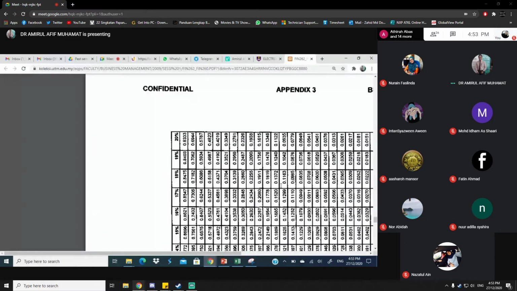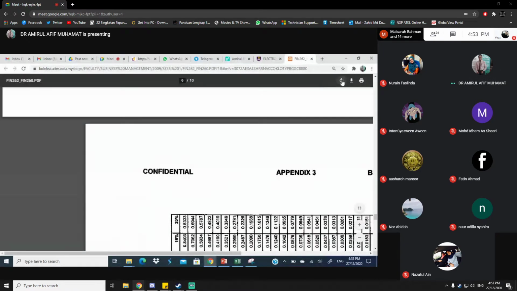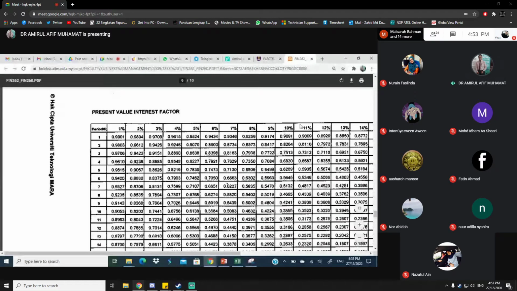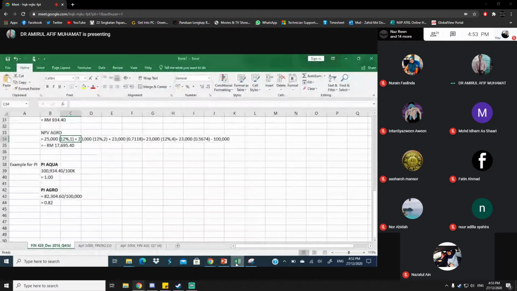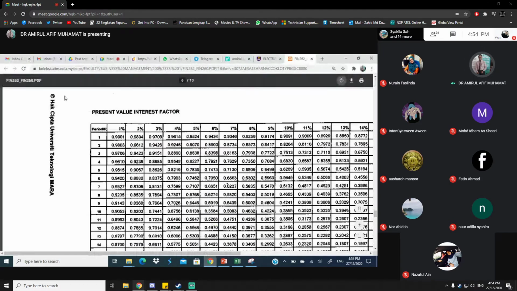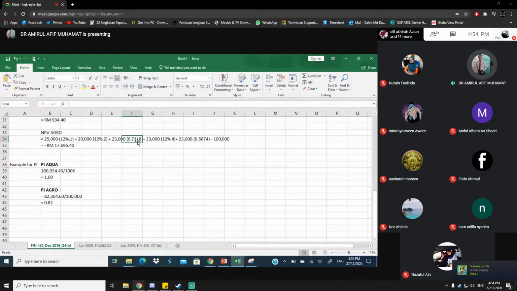Simple present value. 12% first year 0.8929, 12% second year 0.7972. Plus the income 20,000, plus income third year 23,000, factor for third year 12% is 0.7118, plus 23,000, 12% fourth year, find the factor,